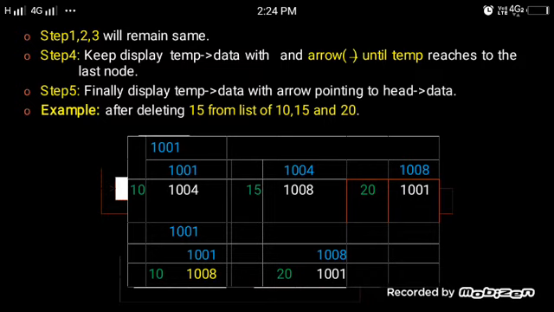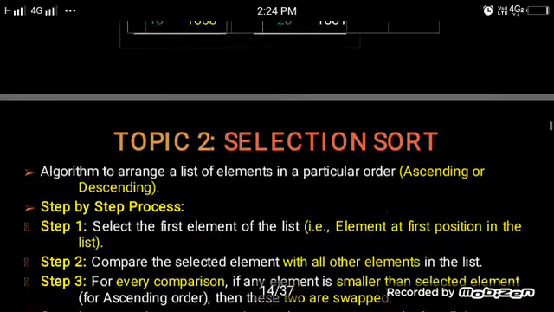In another example, 10 and 20 will be there, with the last node 20 linked to the first one. In this case I am deleting 15 from the list of 10, 15 and 20. Only 15 will be deleted at the specific location.